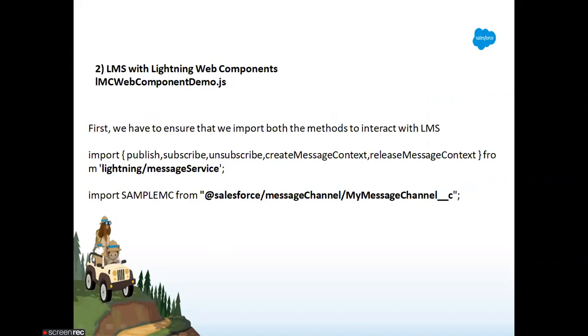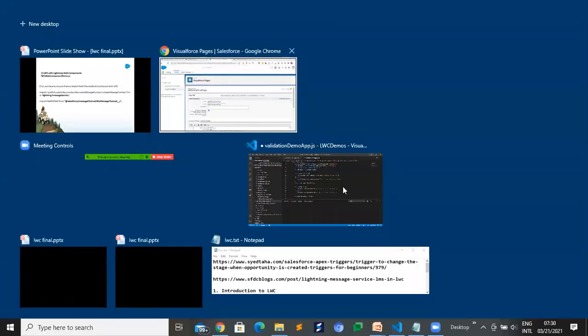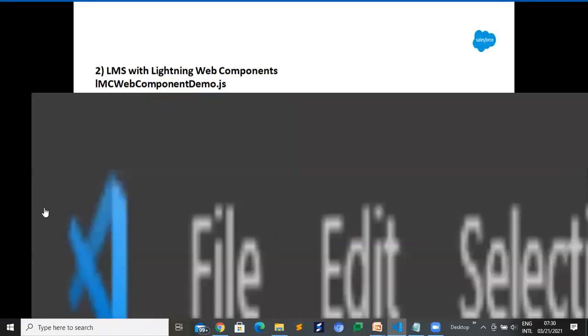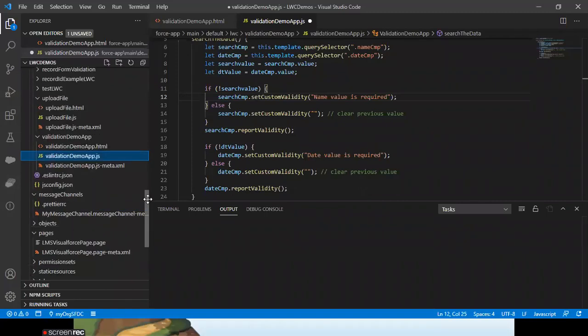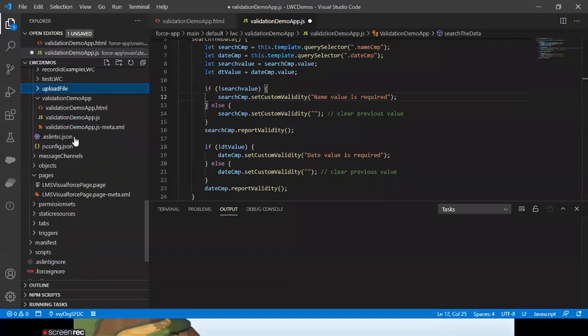So moving forward, we are checking the working of this. The first step, you need to create a folder, right? So I just created one folder with the name messageChannel. For creating a folder, what do you need to do?